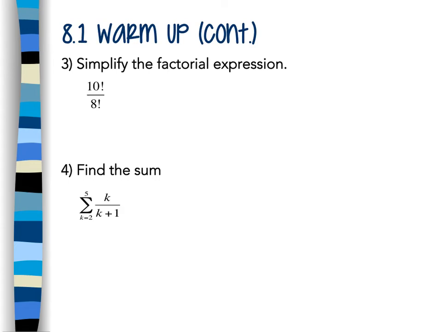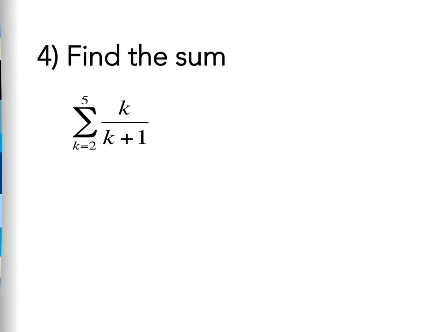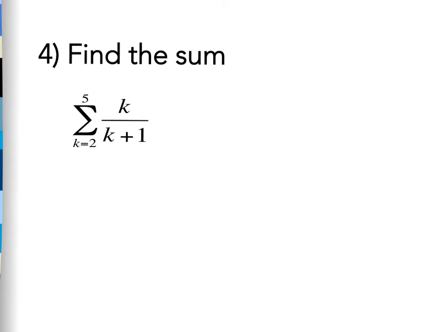All right, last one from the 8-1 warm-up was number 4, which is finding the sum. So that little E, which is read as sigma, this is your summation notation, okay? And then the number at the bottom is called the lower bound. The number at the top is called the upper bound. So I use those to plug them in, right, one at a time and add them all together, which means